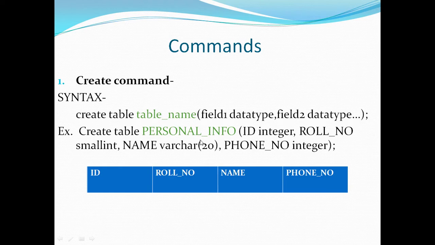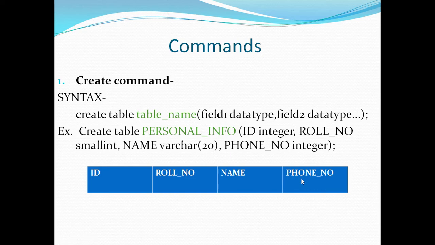One thing to notice is that whenever we are taking alphanumeric, we will give a specific length to it. So we have given 20 length, so not more than 20 characters can come in a name. And the last one is phone number, and the data type here we have used is integer. And at the end we have put a terminator. So as soon as we run this query, your table will be created in this way. So we have created the table, and the 4 fields are here: ID, roll number, name, and phone number.